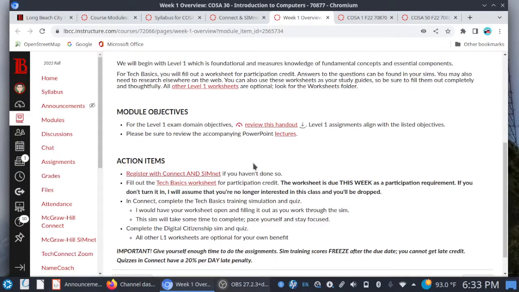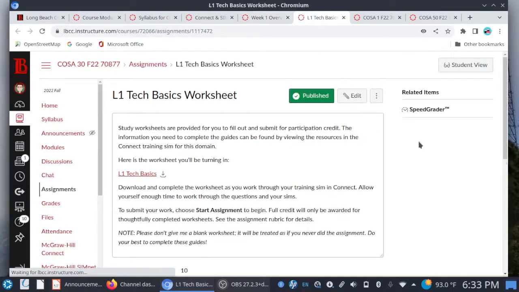I do have a worksheet that you will need to fill out. This is the only item that is due in the first week. This worksheet is due Sunday, October 2nd. So this gives you a chance to turn something in, even if you don't have full access to Connect, or if you're running out of time as far as completing the training sims.